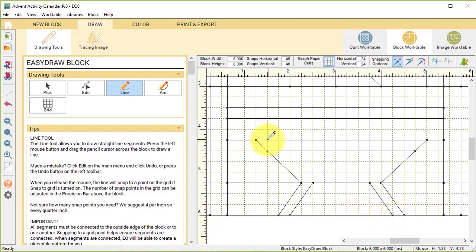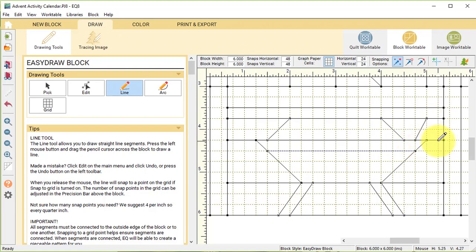To create the baby swaddling clothes, I'm going to start at the 1 1/2 inch mark on the top ruler and go up and over 2 graph paper cells. And on the right side, I need to start at 4 1/2 inches, and I will create that same 45-degree angle. Now for the head, I'm going over and starting at the 4 3/4, and I'm going to go up